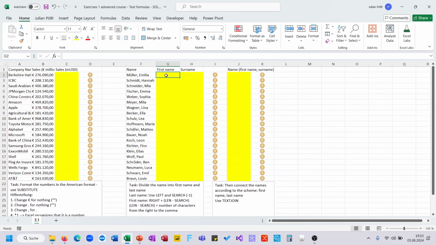So I will then step to the second exercise. Here we need to extract the names there. You could use text before and text after here, but we will do it the old way before these formulas existed, but probably I will show you also the other way. So for the first